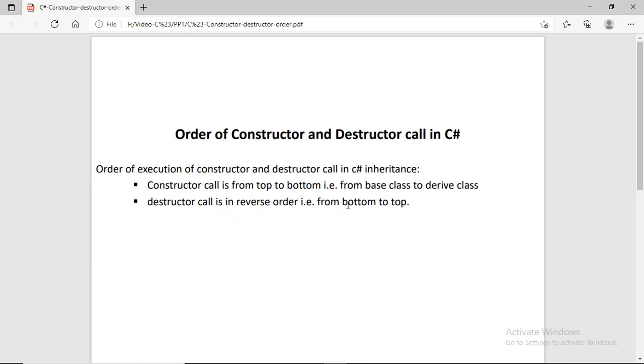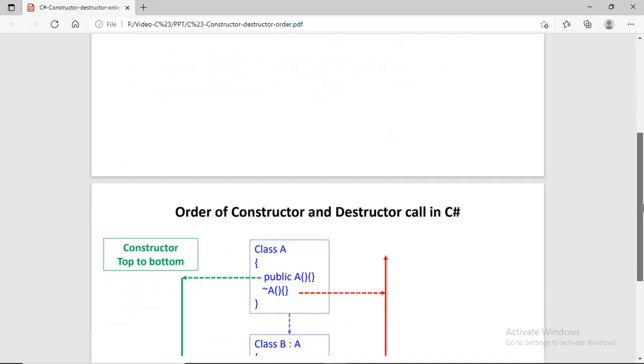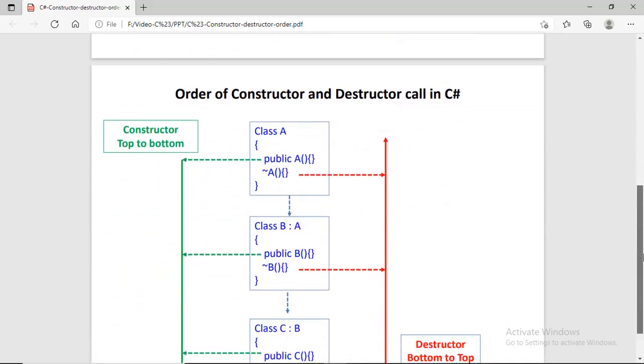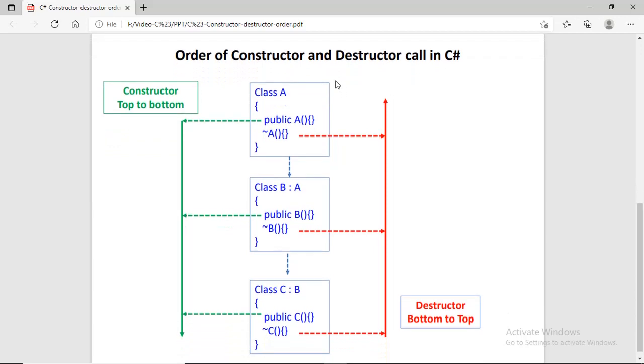We can check the order of the constructor and destructor with this diagram. We have three classes A, B and C, where B inherits A and C inherits B. So when you create an instance of class C, the most derived class, this is the sequence.